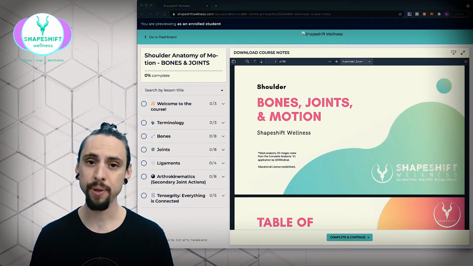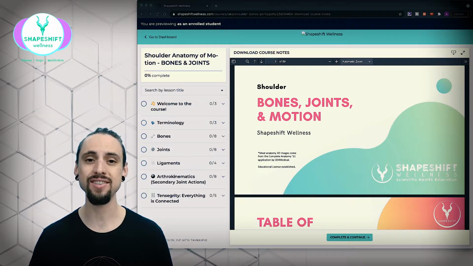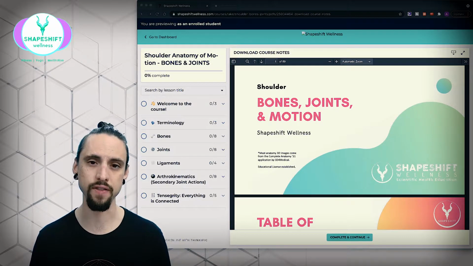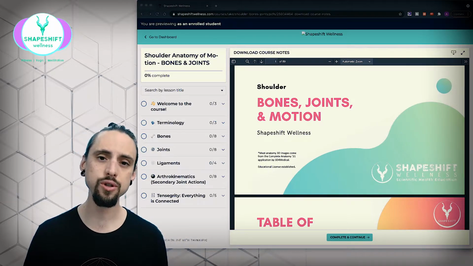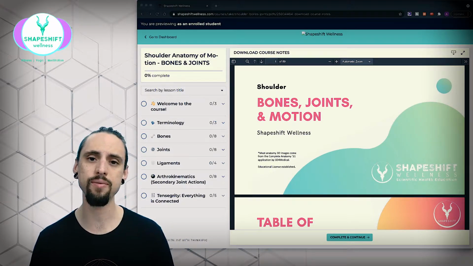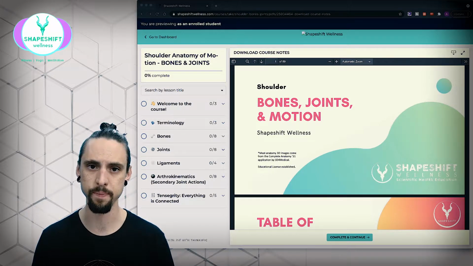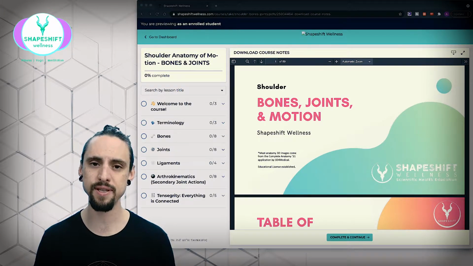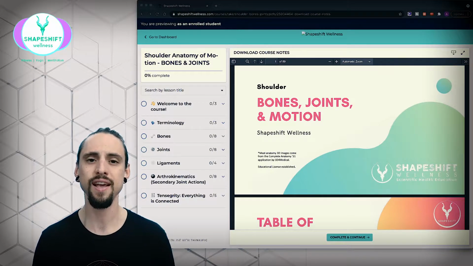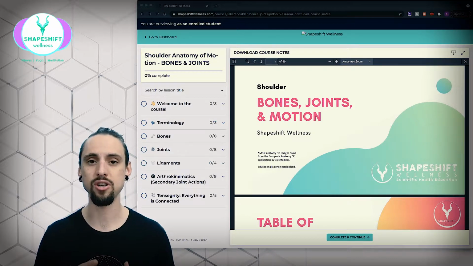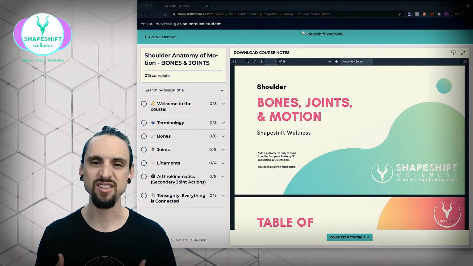Now, my plan for shoulder anatomy courses is to have a series of very deep courses on the anatomy of the shoulder. In order to do that, this course is meant to go over the bones, joints, and motion of the shoulder. We have to start as deep as it can go in the bones, joints, and the general motion of those joints and ligaments and capsules and things like that before we can start to layer on muscles and